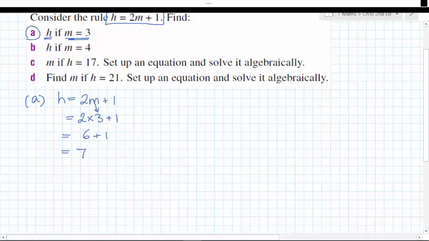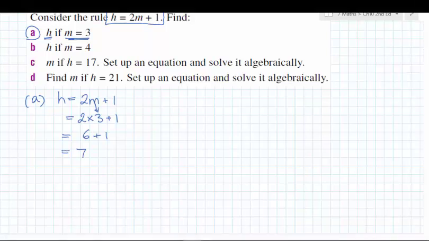Okay. So what I can then also do is have a look now at C. Okay. So C, it wants me to find m if h equals 17. Okay. So what I'm going to do here is I'm going to go